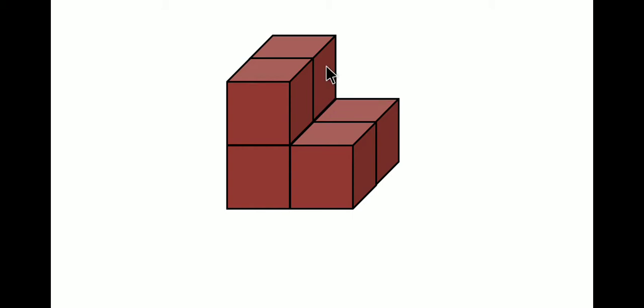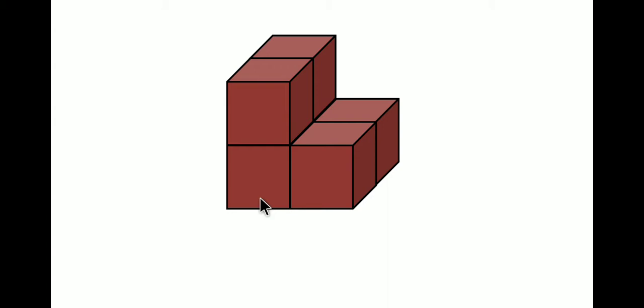That's why this cube is raised on top, isn't it? So there is a cube down there, and this is the second cube. Cube number 3, 4, 5, and 6. Even if the cube is not seen, if it is hidden, it doesn't mean that it is not there. It's there inside, but we can't see it. So we won't forget about that cube. We have to count it and write down how many cubes are there in this object.